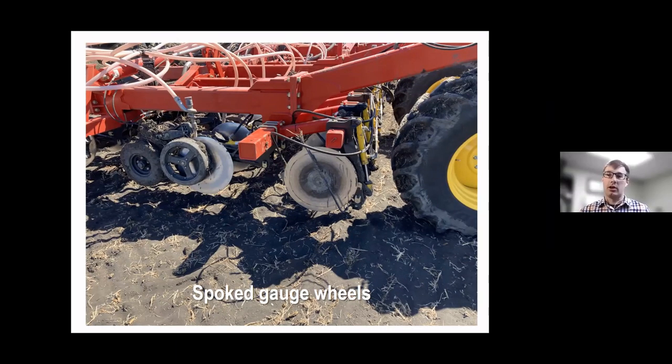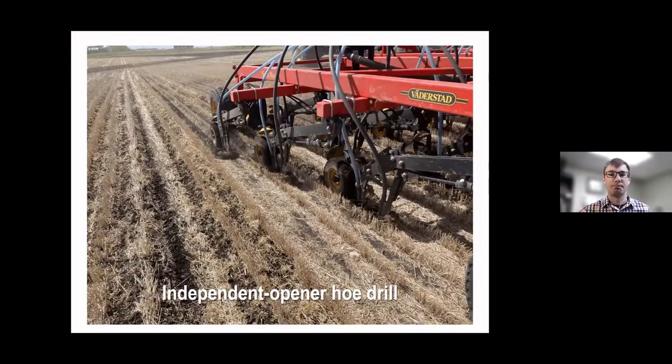But those wet, soggy soils, they build up on discs, build up on machinery, and need a way of getting rid of that mud without having it impact your seed depth and your drill performance. So having those spoke wheels where that mud can accumulate behind the wheel and then push through the spokes seems to be a great way of managing that. And we are seeing improved seed beds from drills using a spoked wheel versus a solid gauge wheel. Tends to be a little more expensive to retrofit or upgrade, but certainly an investment that most farmers deem worth it. And when soils and landscapes are particularly variable, as is the case much of the prairies west of the valley,